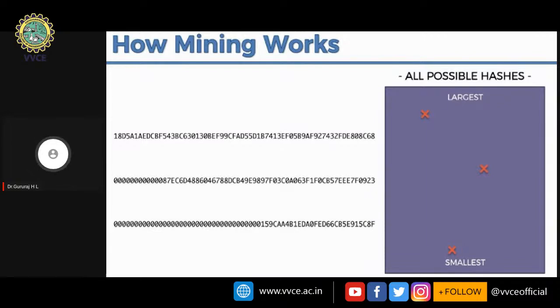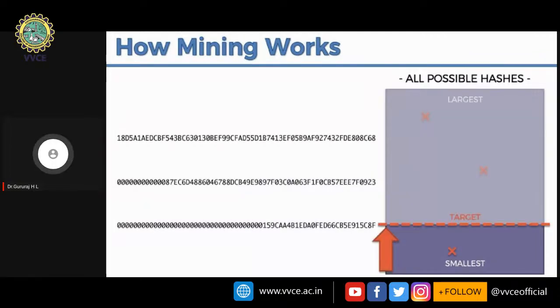For the middle one, again, we have a hash starting with some 8 zeros, and the last, smallest hash value starts with 16 zeros followed by 16 alphanumeric characters. So it will determine which hash value is perfectly matched. Okay, so the target they had mentioned is this hash value. Any value generated below this hash value will be considered as the